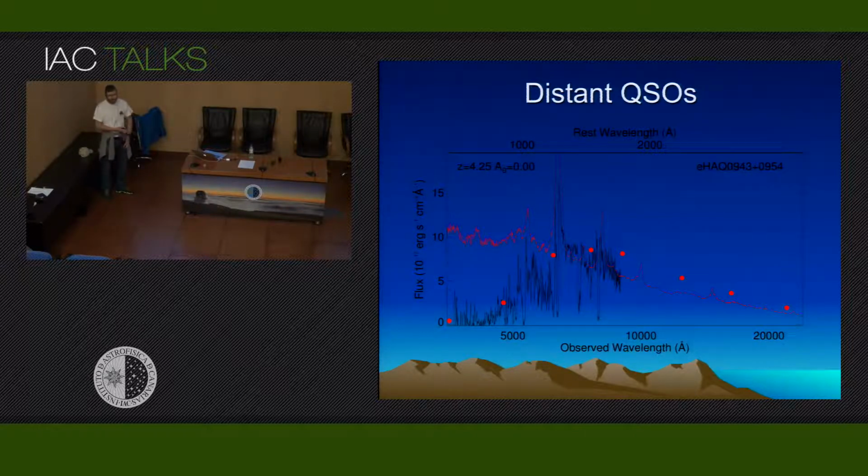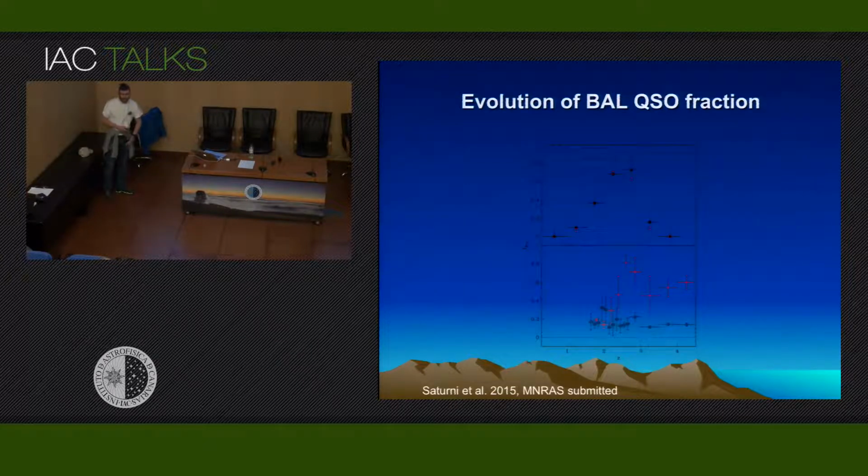So basically, with other surveys, the problem was that there's a very heavy selection effect, and so it's very much biased against those red quasars, and due to the broad absorptions, BAL quasars also exhibit very red colors. So up to now, people had to make complicated calculations to correct for those selection effects in order to infer the intrinsic fraction of BAL quasars. But thanks to our survey, we were now for the first time able to determine this BAL fraction more directly. So this is the first, also quite tentative result, but what we see here is a clear dependence of the